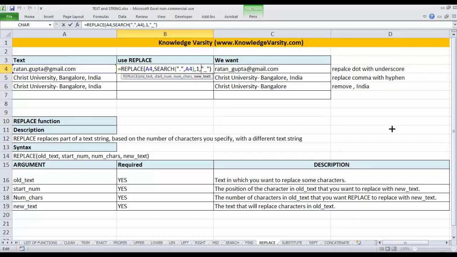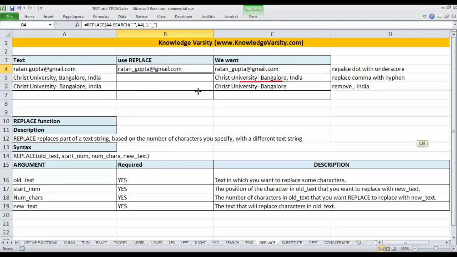Please remember that I do not want you to count and solve. You can count and solve in one sample here, but you will find all these manipulations very useful. So I want you to use these search functions, etc. Similarly over here, we want this comma to be replaced with a hyphen, which you can do. You will have to search for the first comma and replace it.